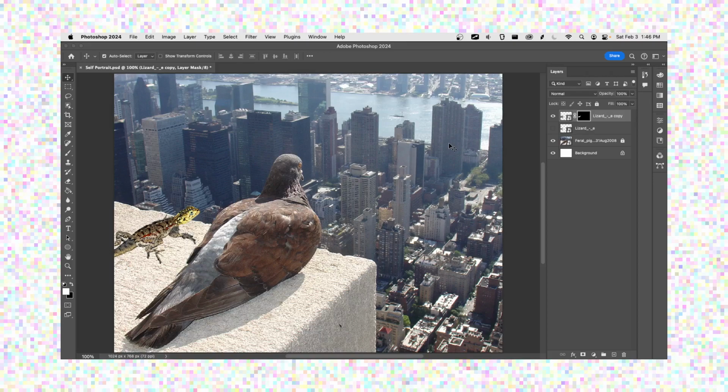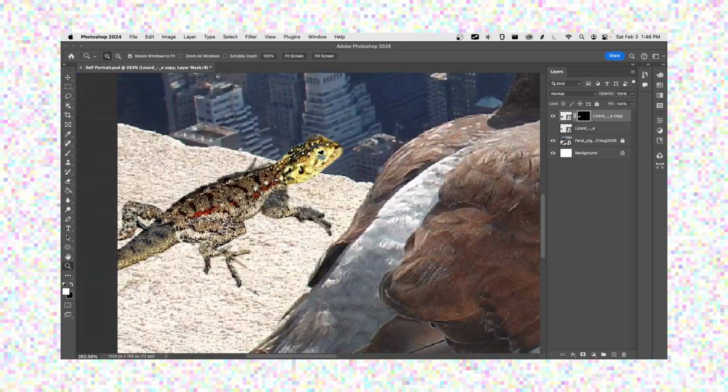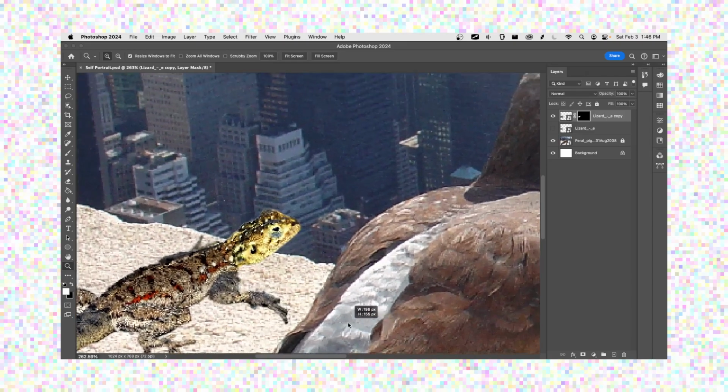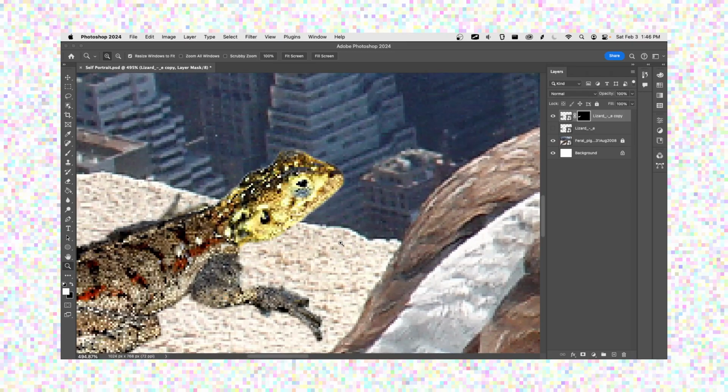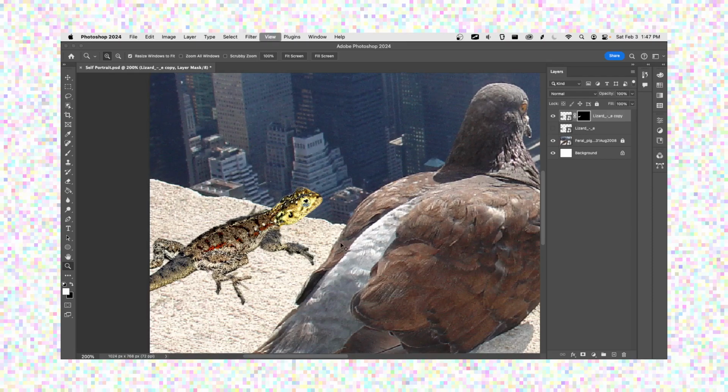So what we're going to work on today is using the blending modes in our layers and doing some filtering and some adjustments to make these two images look more similar. And before we get into that, let's just take a look at what we're going to be looking at. So if I zoom in a little bit here, we can see our lizard is much more brightly lit. There's a lot more color information in the lizard, and even though we've managed to remove the background and make it look like the lizard is inside of our scene, it still stands out,